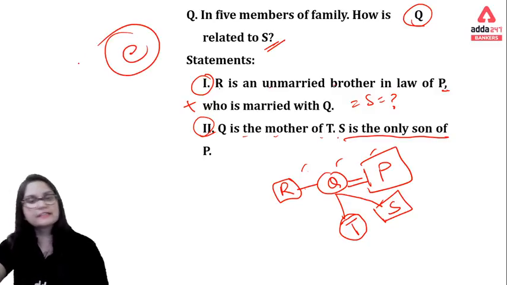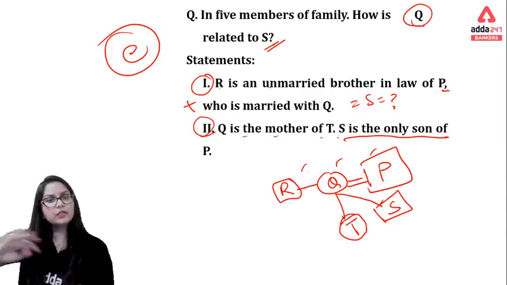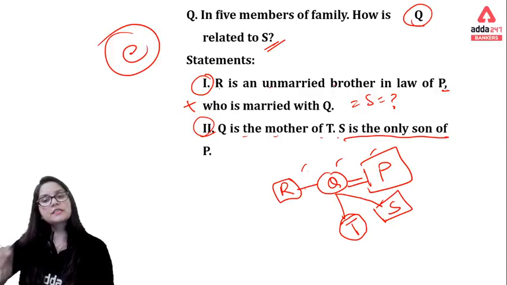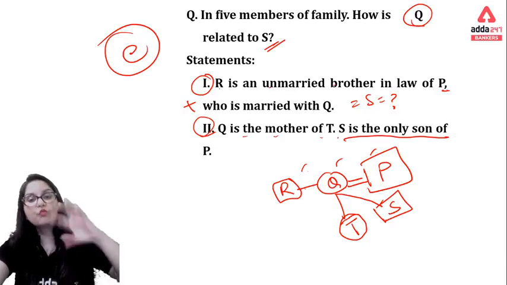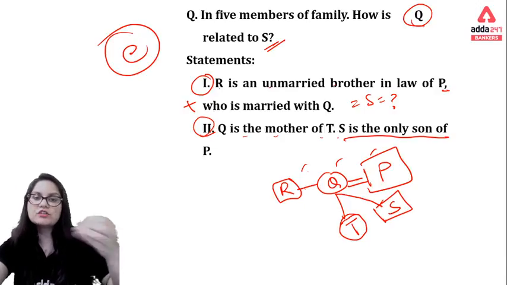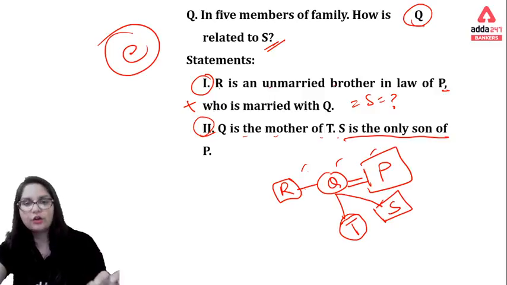Now a question may be raised in your mind: ma'am, is it possible that all the data sufficiency questions have option E as the answer? Yes, of course it is possible, because if the examiner wants to confuse you, then it provides all the questions with a single option as the answer.